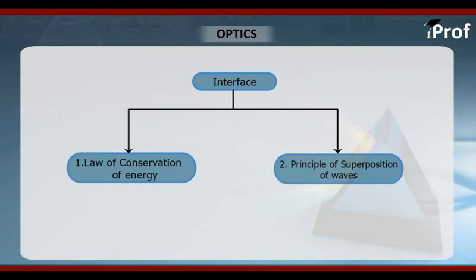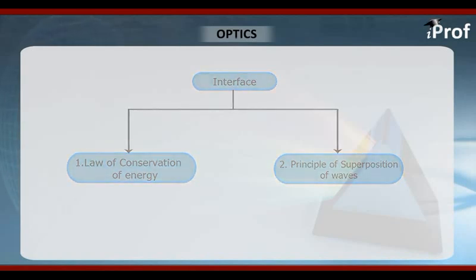The second principle which is involved in the phenomenon of interference is the principle of superposition of waves. Now this is very important. Let's understand what the principle of superposition is all about. Now this principle of superposition of waves simply states that waves, irrespective of the nature, whether they are mechanical or non-mechanical, while traveling in a medium behave independent of each other. Now what does it mean? It simply means waves retain their individuality while traveling in any medium. I repeat, student, the principle of superposition of waves